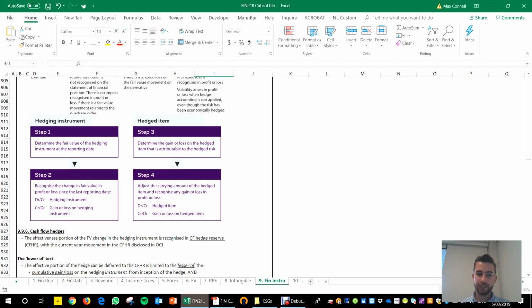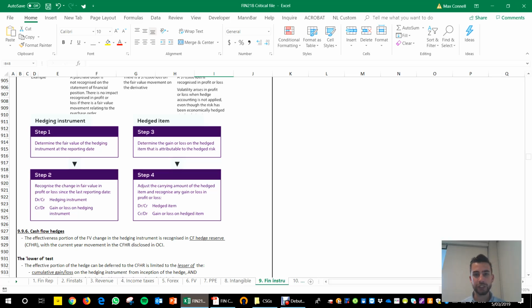Now, what this does is we have to post the ineffective portion. So, in the instance where the gain or loss of the derivative is not the full $1 million loss or gain on the financial instrument, that difference is what we have to post as a gain or a loss in the P&L. So, for example, if we had a loss of $1 million in our Forex payment or the financial instrument, but our derivative only reimbursed us $800,000, it means the ineffective portion is $200,000. It is the amount that we are not actually